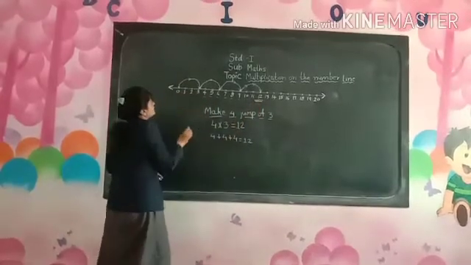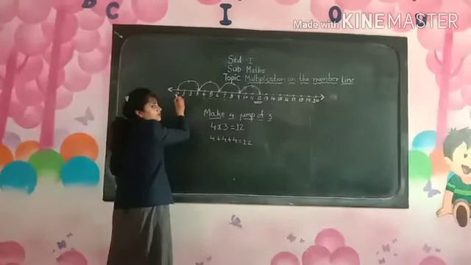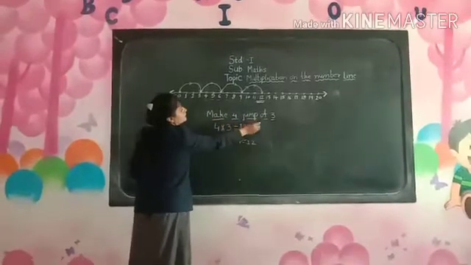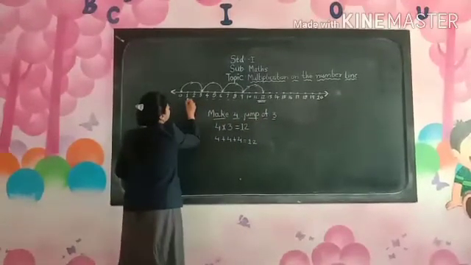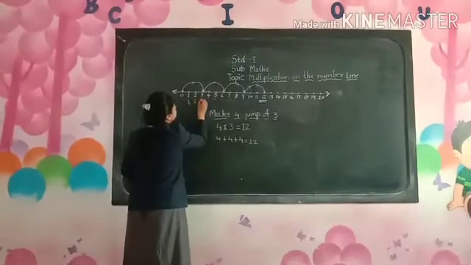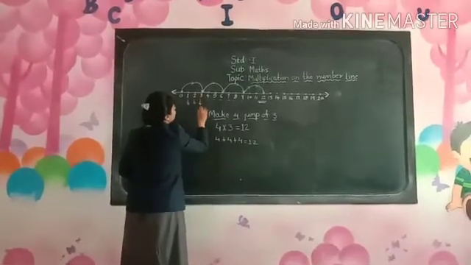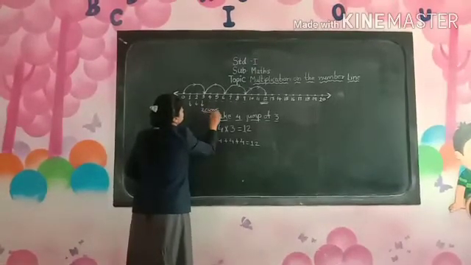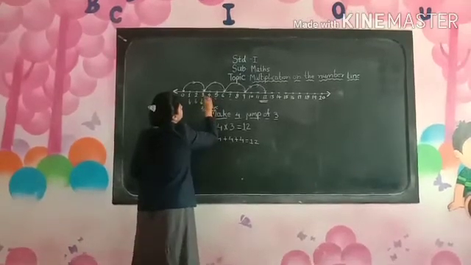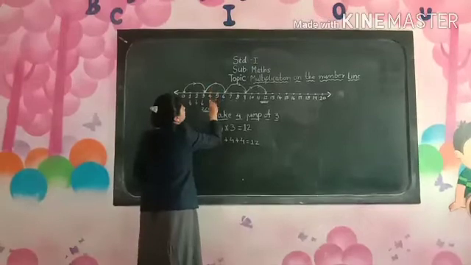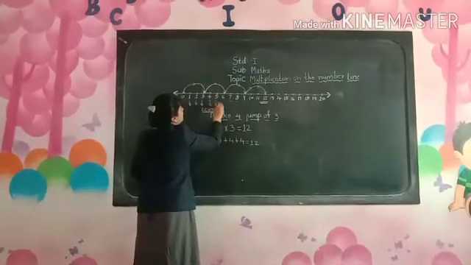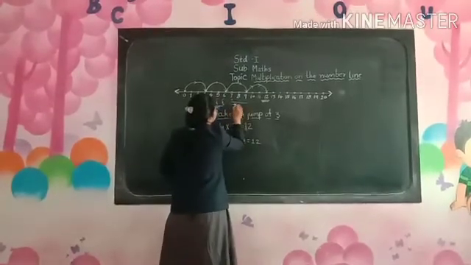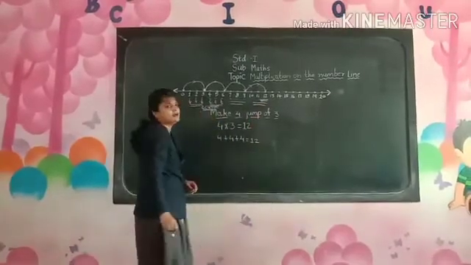Understood children? You can see here. Don't consider 0 when counting. For jumping purposes you can consider the 0, but while counting the number 3, you have to count from here: 1, 2, 3. Again for the second jump, same thing. Draw the line from here, but count the numbers from here: 4, 5, 6, these are the 3. These are three groups, these three and these three. The answer is 12. Understood, children?